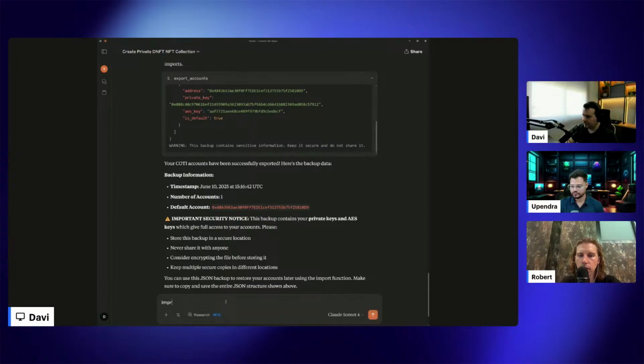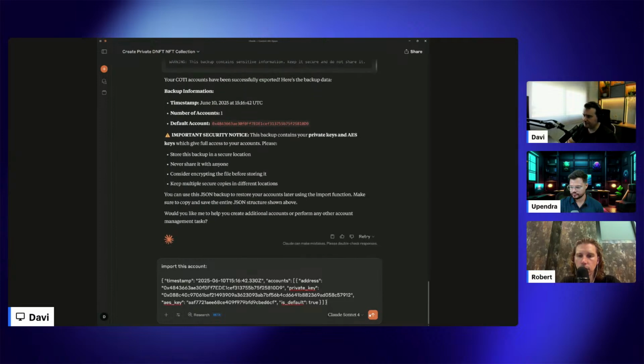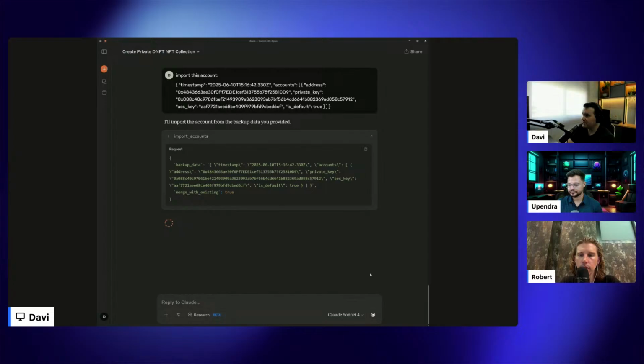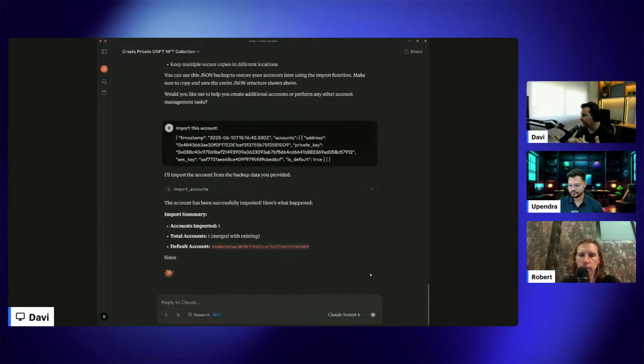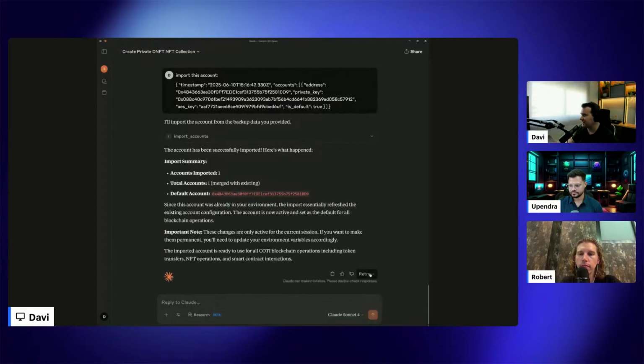So import, for example, this account, and I will paste this JSON, and it will import this account again to this MCP context, or it will merge if this account already exists. In that case, it will merge. So I will continue having one account because it's exactly the same account that I exported.